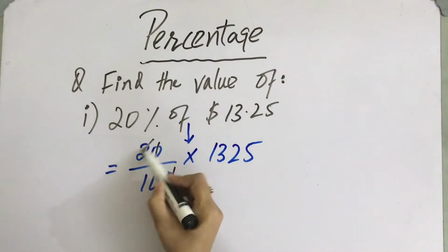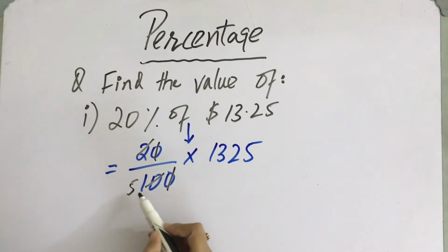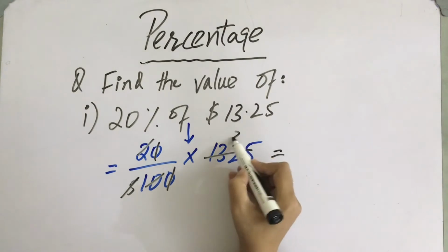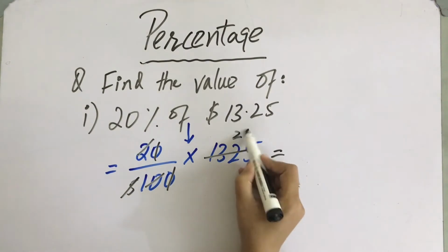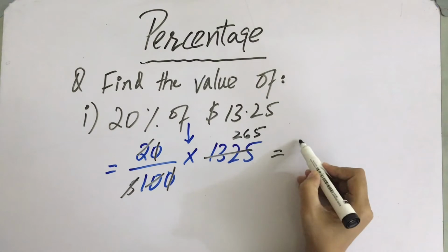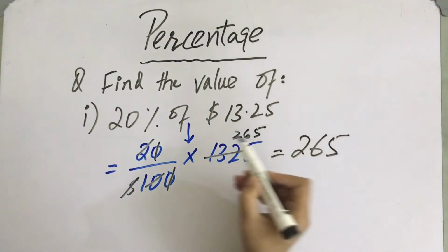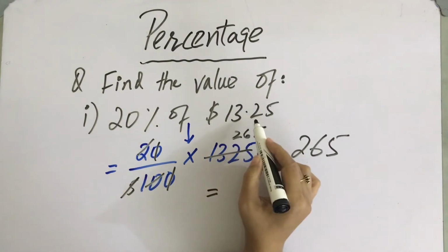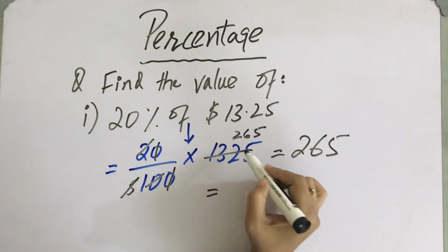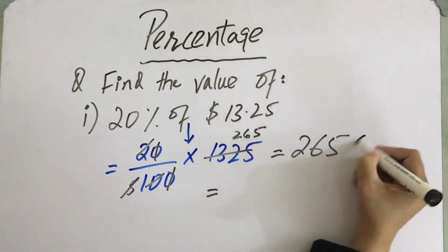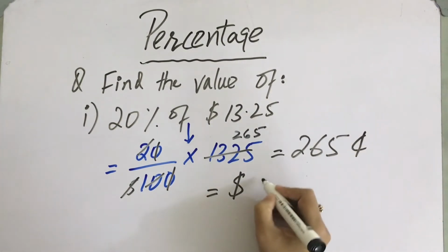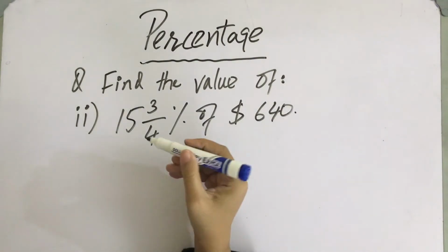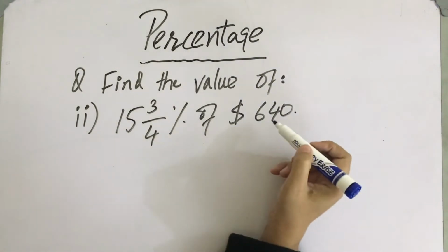1 0 cancelled. 2 5 times 10. I shall cancel this 5 with 13.25. 5 2 times 10. 5 6 times 30. 5 5 times 25. This is 265. Now these are cents, so percentage is removed. The commodity was dollars. I converted it into cents. Now my answer is in cents. I have to give my answer in dollars. So this is $2.65.